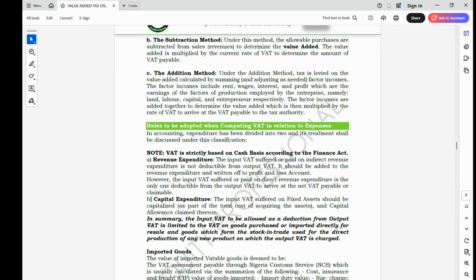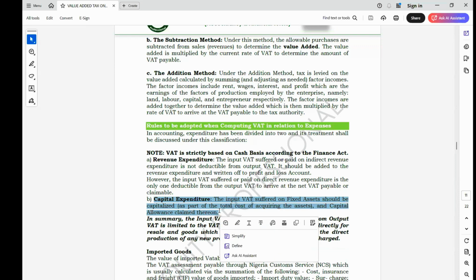When they say an expenditure is capital expenditure, these are the expenditure that are incurred on non-current assets. Expenditure incurred on non-current assets, on those assets that will last for more than a year. Assets that are going to be capitalized. Any expenditure that is incurred on them is called capital expenditure. This expenditure, when you buy them, they are also liable to